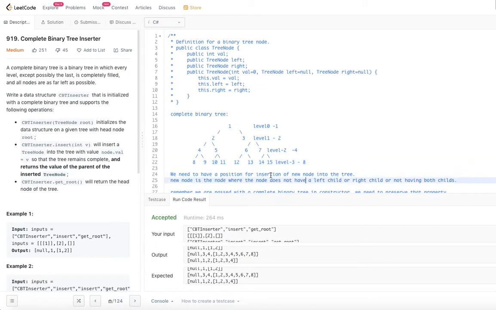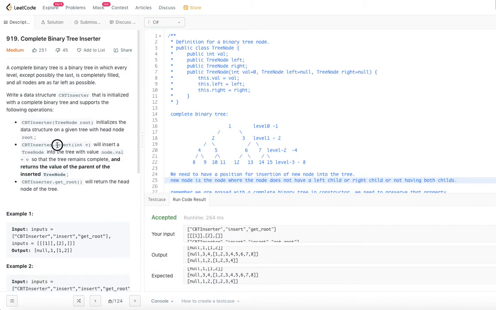So now, coming to the operations. For CBTInserter, we are passed a tree node, the root node of the binary tree. What we are given is that this binary tree is also a complete binary tree. So we are initialized with a complete binary tree.